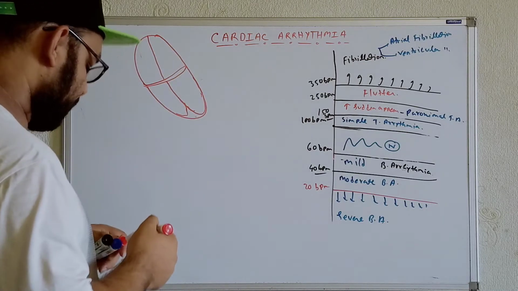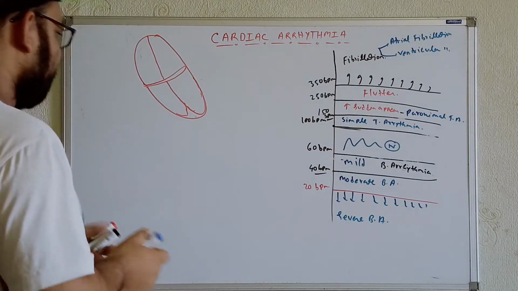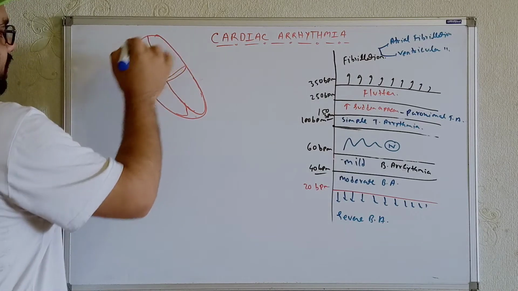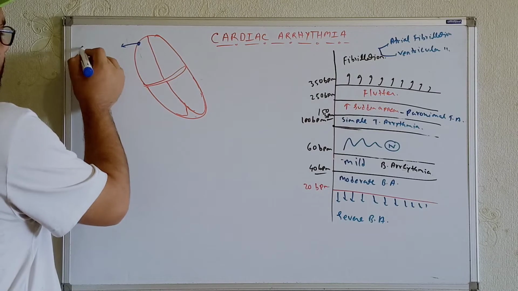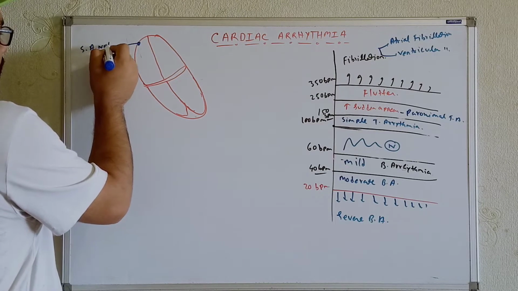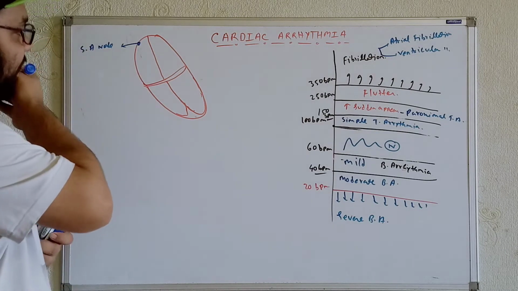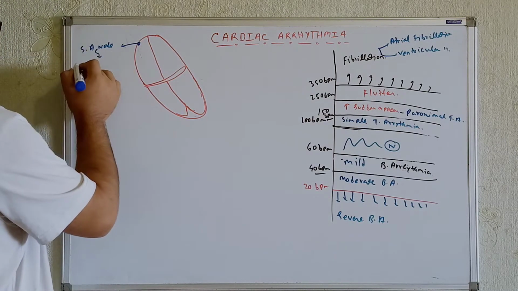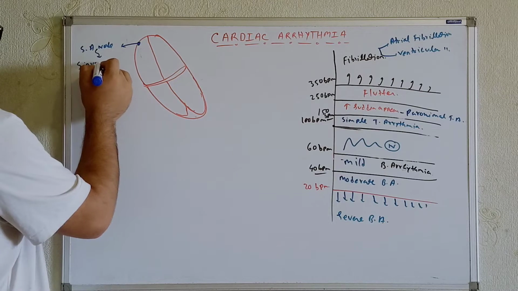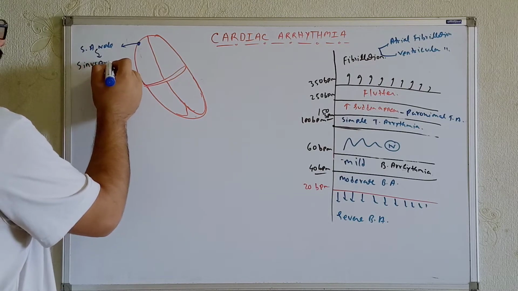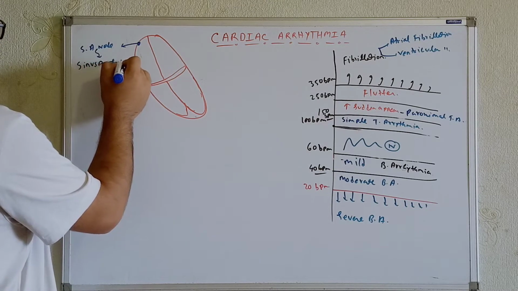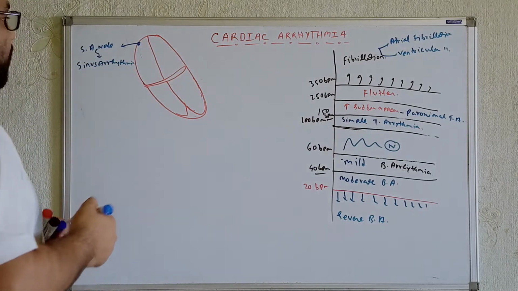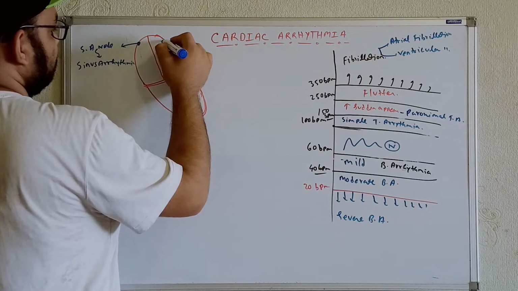Can you try to understand from this figure? Now see, the source of origination is the SA node, but if we get any kind of problem at the level of the SA node, then in the development of the rhythms, I mean arrhythmia, this is known as sinus arrhythmia. Now if we get any kind of problem from, for example, the atrium,